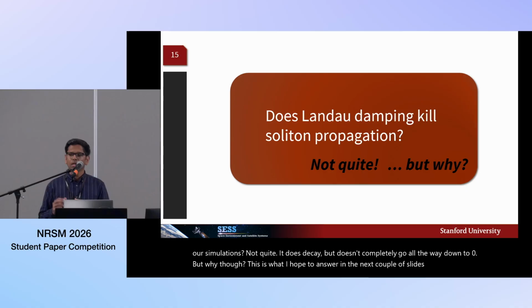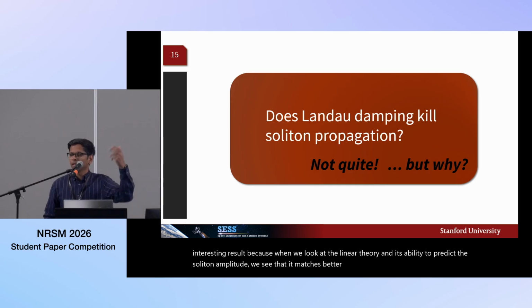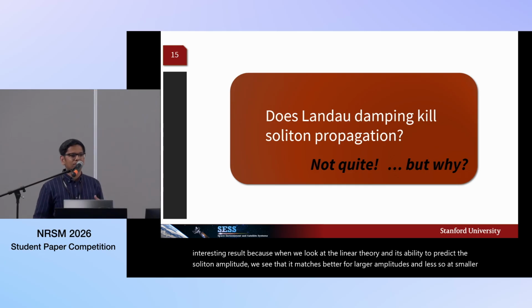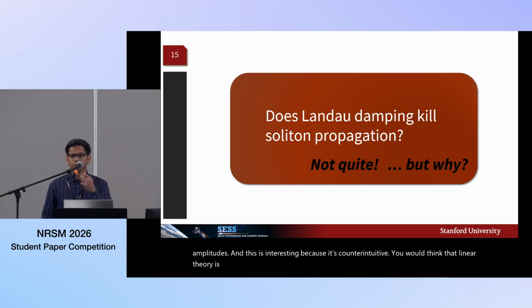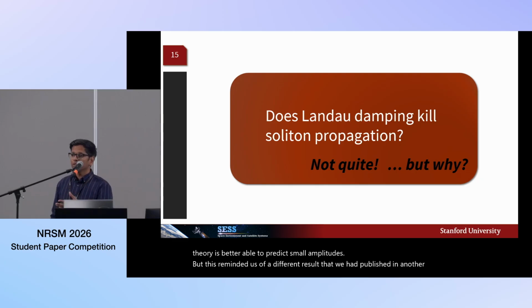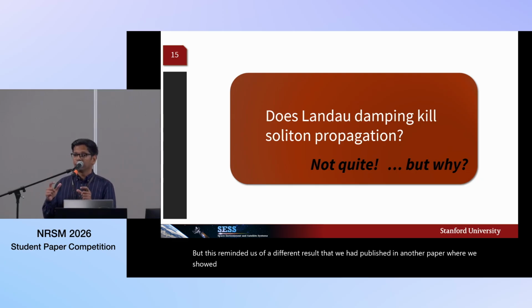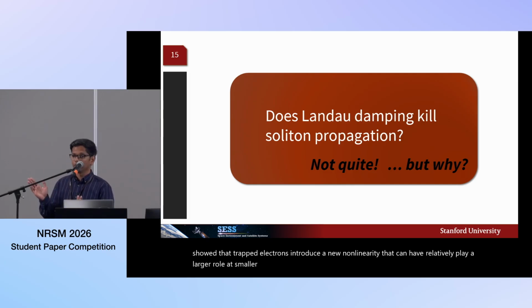This is an interesting result because when we look at the linear theory and its ability to predict the soliton amplitude, we see that it matches better for larger amplitudes and less so at smaller amplitudes. And this is interesting because it's counterintuitive. You would think that linear theory is better able to predict smaller amplitudes. But this reminded us of a different result that we had published in another paper, where we showed that trapped electrons introduce a new nonlinearity that can relatively play a larger role at smaller amplitudes and create a larger deviation from linear theory. And we see the same pattern happening here, so that prompted us to look once again at